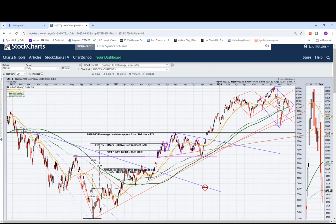Guess what? The NDXT, the equal weighted Nasdaq 100 Technology Sector Index ETF companion QTEC, has formed a third diamond topping pattern. This is a two-sided diamond topping pattern. Over here is the one-sided diamond bottoming pattern, and it took off to the races right into a complex head